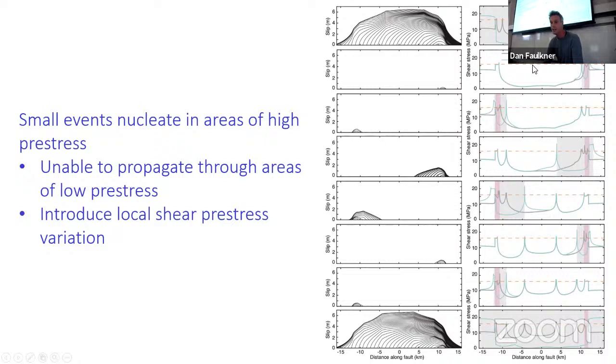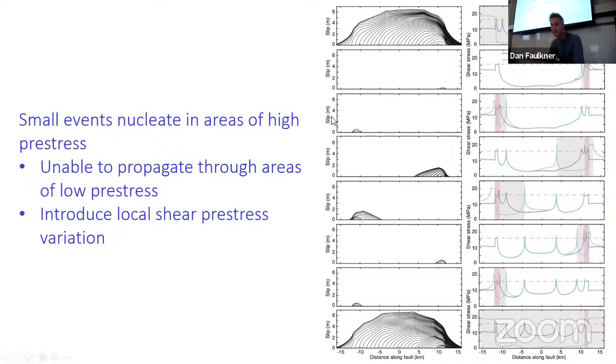What's interesting is that in these regions where the stresses are high, as we load our numerical simulation, this produces small events. As those small events start to propagate, they propagate into this region of very, very low stress on the fault, and as a result they don't make it very far, they just die out. There's just not enough stress on the fault. But this tiny little event, which is slip along this axis, leaves a little spike of stress where it dies out. So it introduces a little stress concentration onto the fault plane.